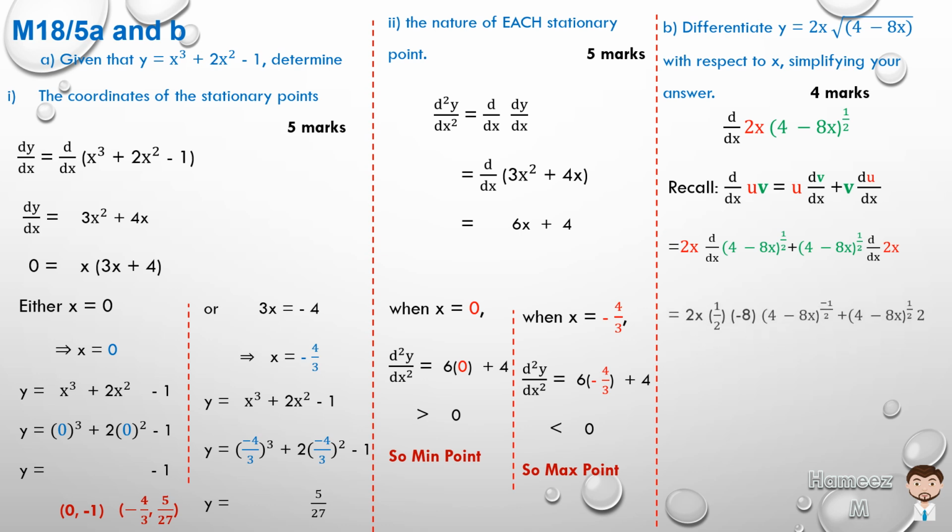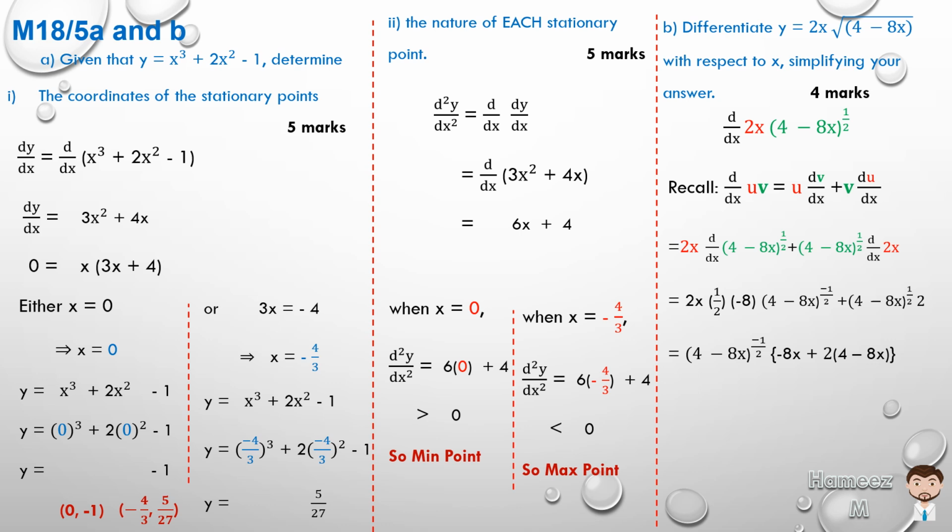So 2x by the differential of that is a half times minus 8 by 4 minus 8x to the power a half minus 1, which is minus a half, plus 4 minus 8x to the half by the differential of 2x, which is 2. So we can now factorize out brackets, so that will give us 4 minus 8x to the power minus a half by half of minus 8 is minus 4 times 2 is minus 8x plus 2